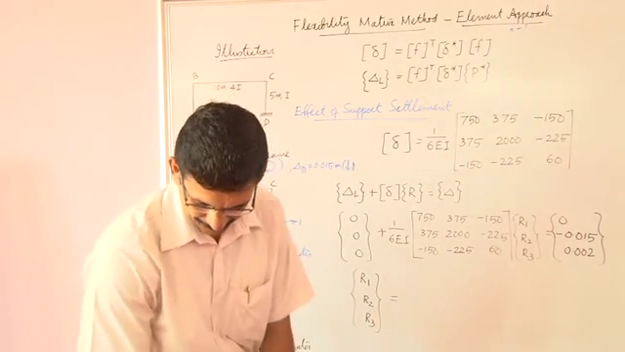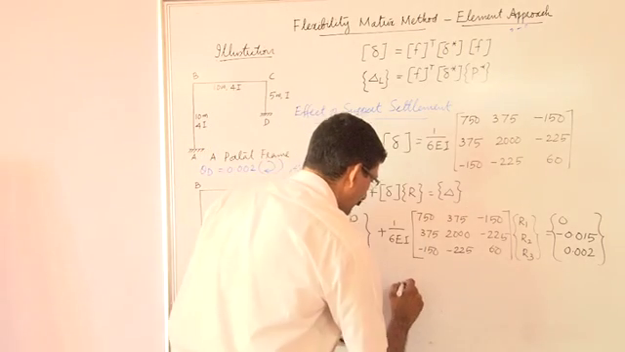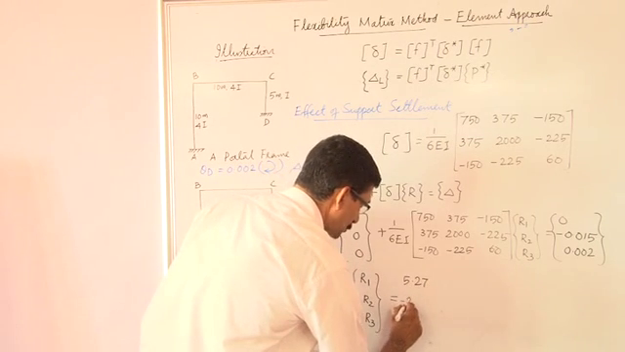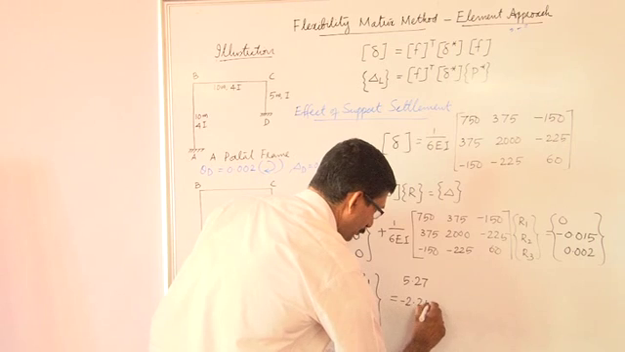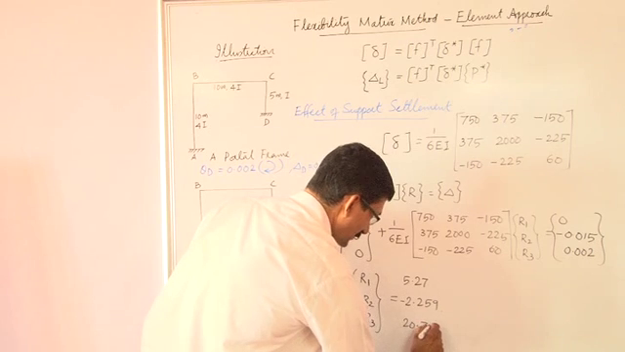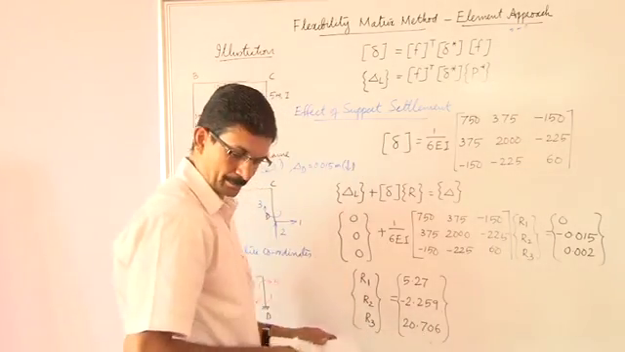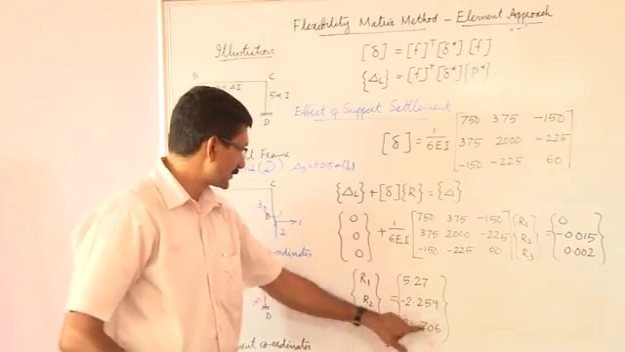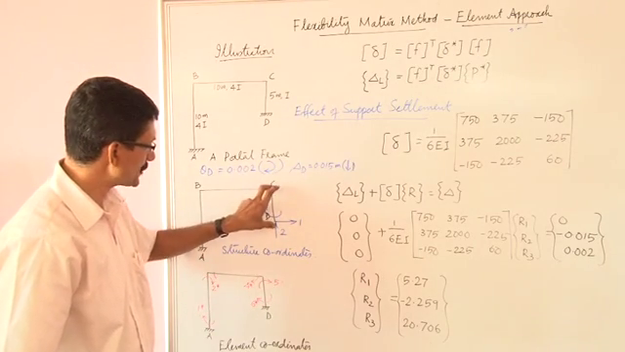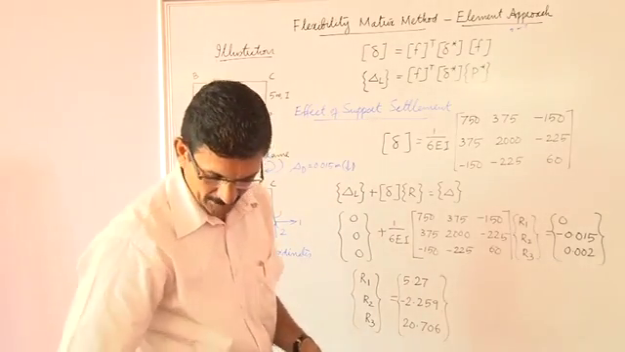as 5.27, minus 2.259, 20.706. Now we can substitute this in this place and find out. You draw the bending moment diagram. You can draw the free body diagram of this piece, and this piece, and finally we can make a bending moment diagram. The diagram may look like